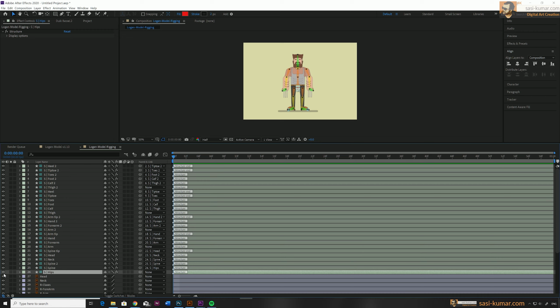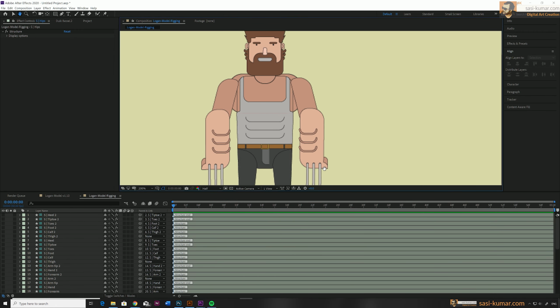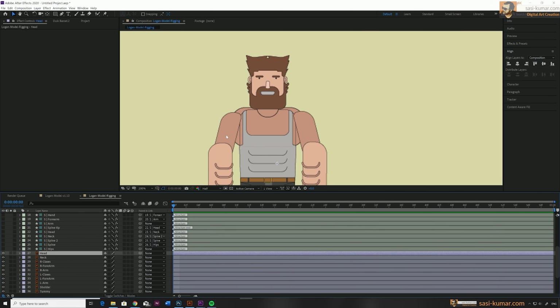Before we continue further, we need to make these center points, anchor points, be in the correct places where the rotation is going to start. So we need to go back to the character and adjust all these center points. I will hide these structural boards first, then we go to the character. Let's bring all the center points to the correct places. Let's start from the head.